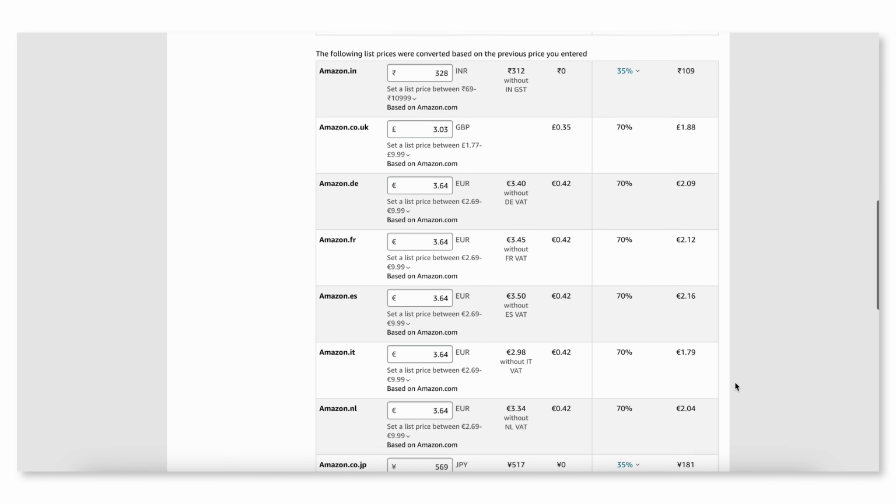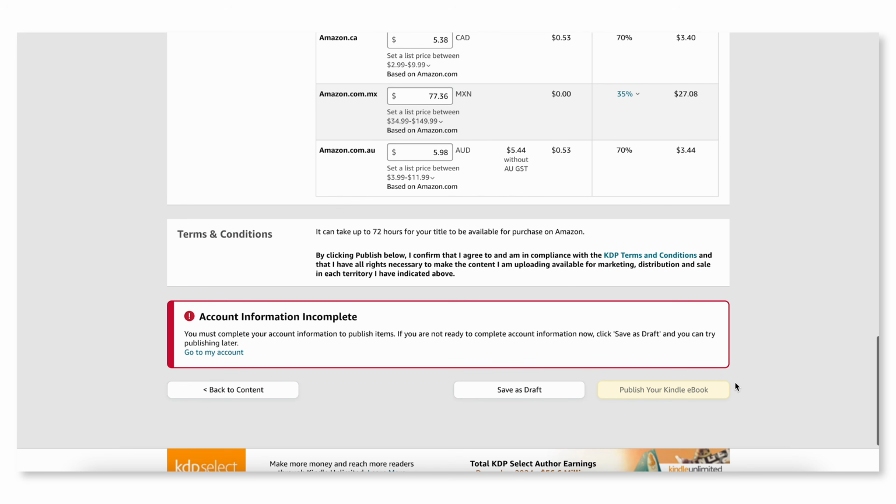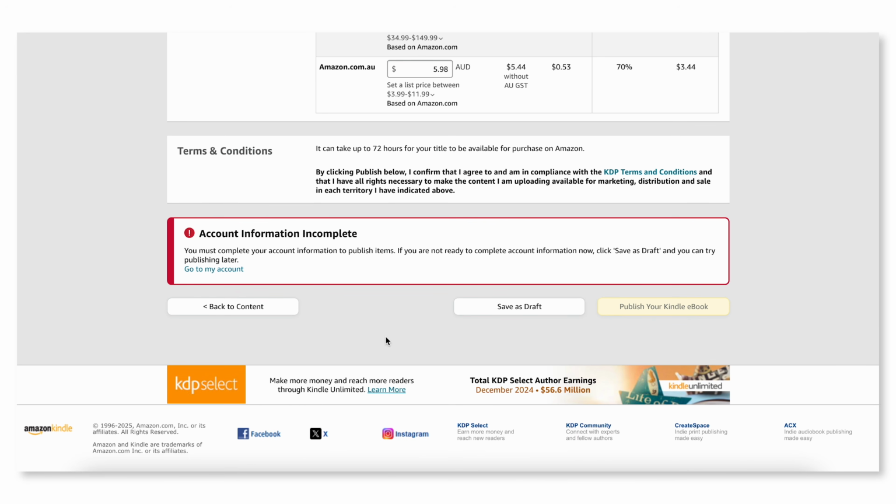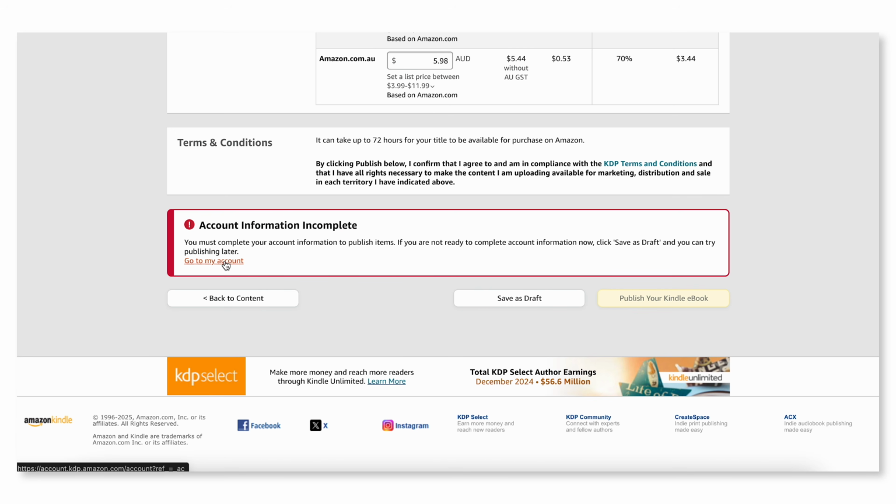If there is some account information missing at any point during your upload process, you will see a warning sign here. Go back and correct or fill in that information before publishing. Then hit submit for pre-order or publish. And that's it. You did it. You nailed it. With all that done, it can take up to 72 hours for Amazon to publish your book live,